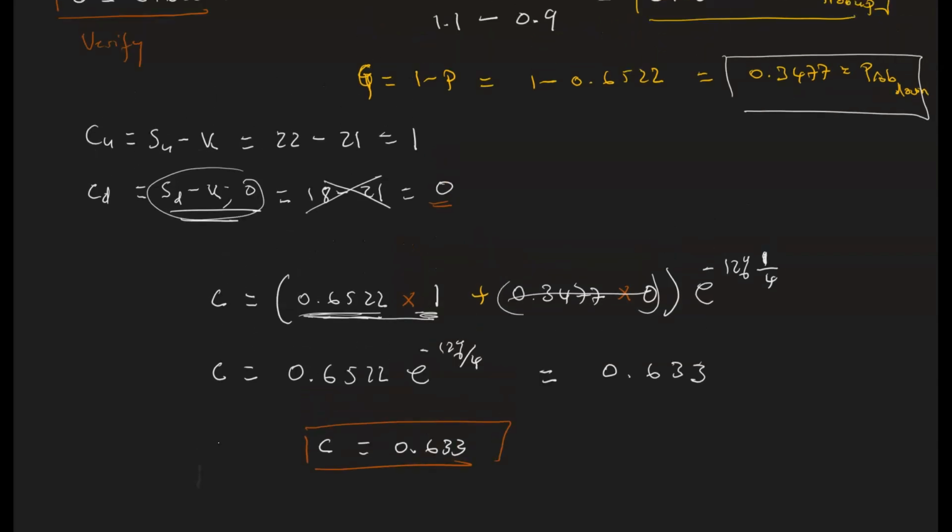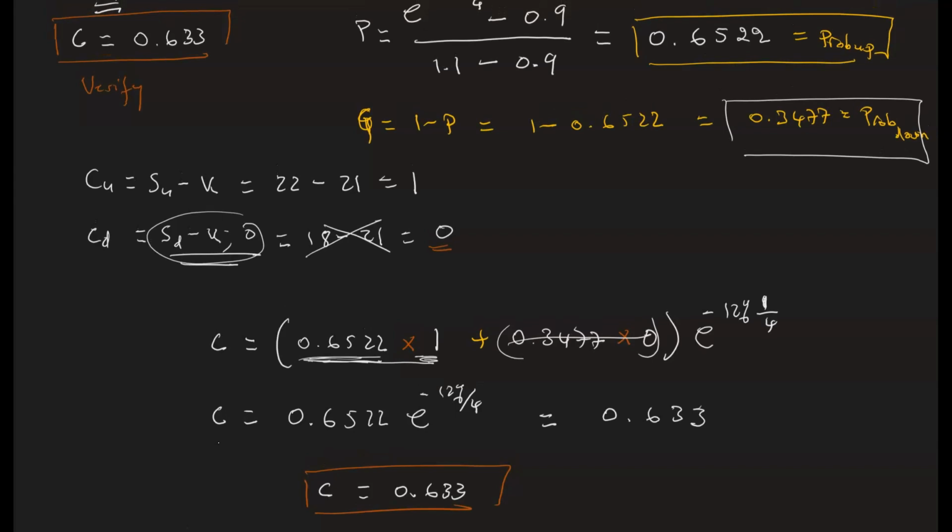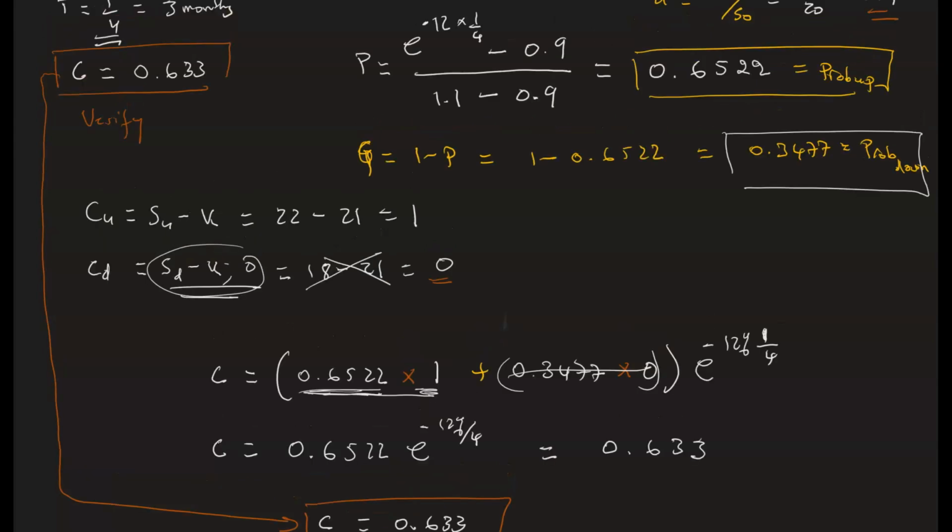Which is exactly equal to what we had earlier. Remember, we said we wanted to verify this. That's exactly equal to what we had earlier, 0.633. So there are two ways to value options. Essentially, you could use this